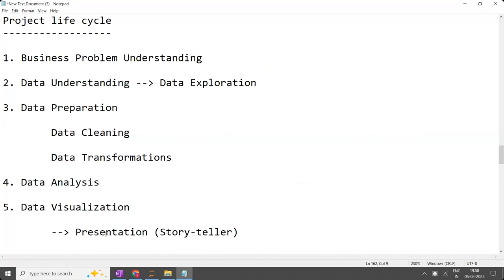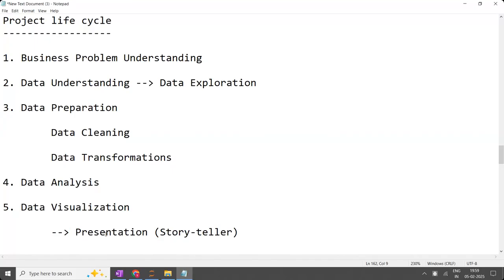Sir, what is the difference between the company projects and our projects? Our projects will be completed, whatever you are going to explain now. Each project will be completed in just 1 week. But in real life, are we going to complete the projects in 1 week? No. Then what is the difference? The size of the data. In the class, we work with a small size. In real life, the size you get is large.